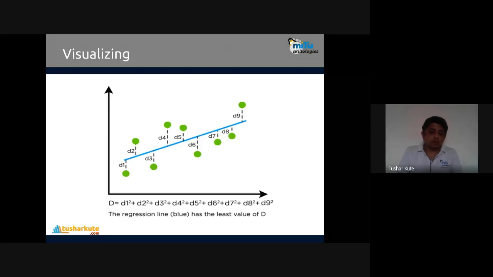Okay, so blue is the predicted line, which is basically an averaging line, and its position, that is its slope and intercept, are such that it has the least amount of error. So the value of D is like D1 squared plus D2 squared plus D3, D4, D5, like that, an addition of all. We got the error: squared error, the distance of the particular point from the line. That is the error we have. It's squared, and then we have added it.